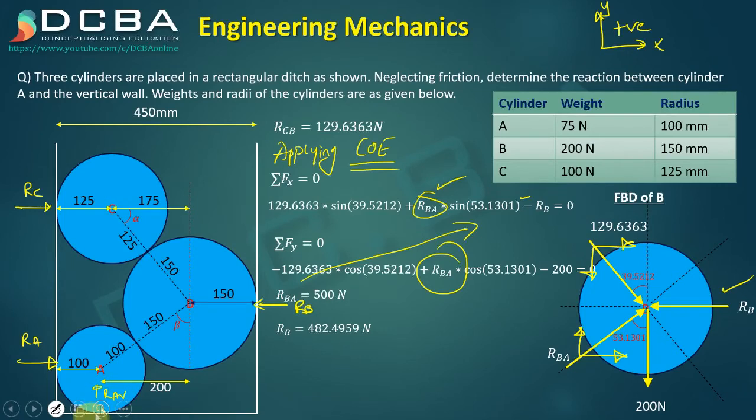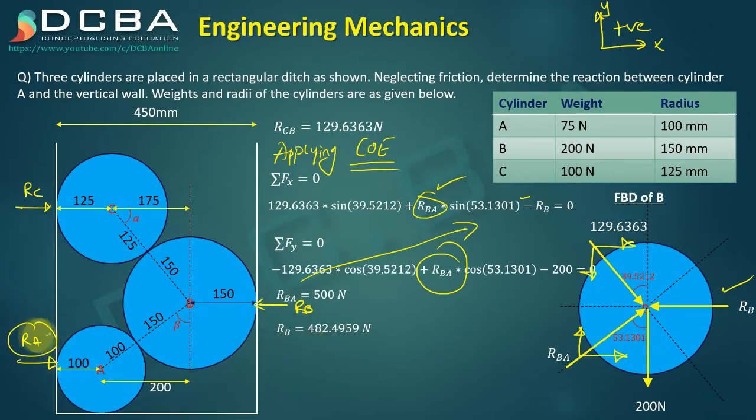Okay, it is acting at the bottom point from the bottom of the cylinder. But if you see on the entire system, when we are drawing forces on the entire system, we cannot show these reactions which are in between. Those reactions will only be seen when we draw the FBD of the individual body. But when we are drawing the force reactions on the entire system, that time we can only show the external reactions, or the reactions which are acting on the system.